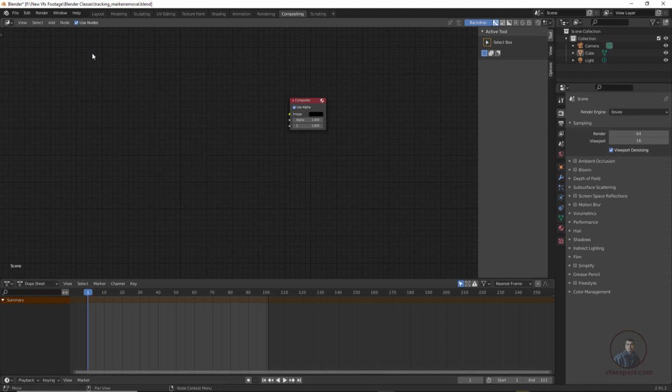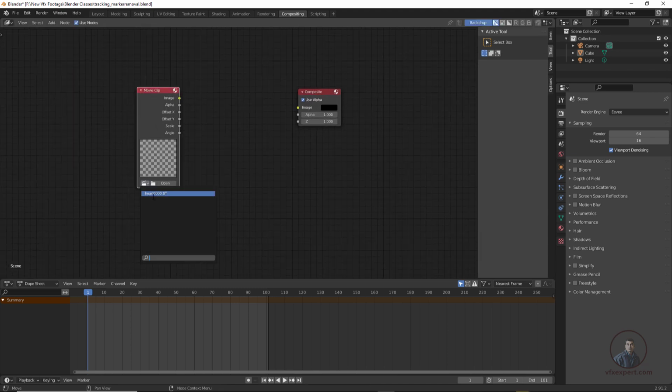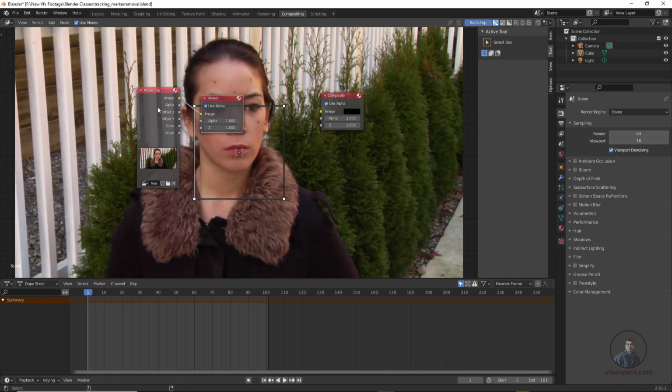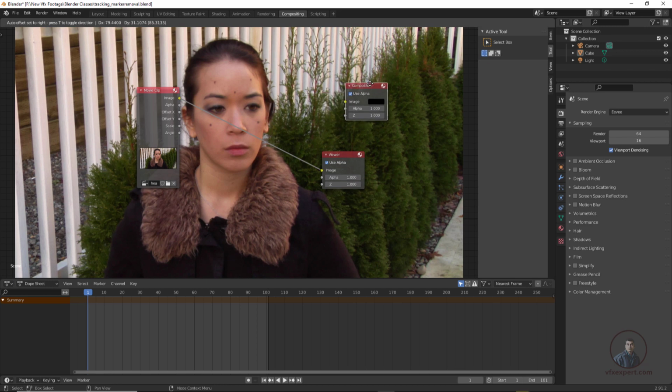So now we first have to take a movie clip node here, because we have to enable our footage. Click on add, then input, and movie clip. Then click it here. From here we have to select our footage, because I have already imported it. So select this one. And we have to take a viewer. So hold Ctrl and Shift and click on this node. This will automatically add a viewer here. Now place it here. Viewer means you can view any node in this node graph area with this viewer.